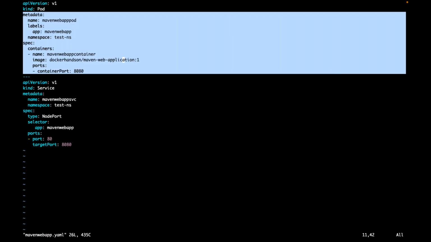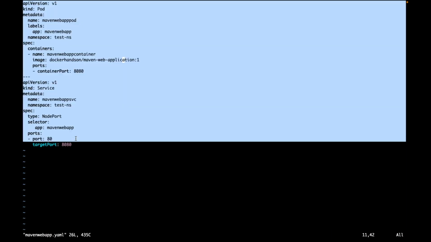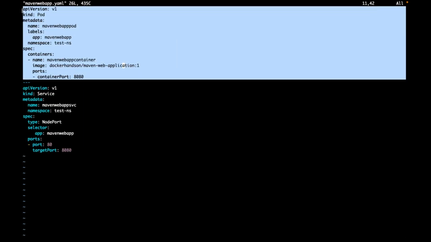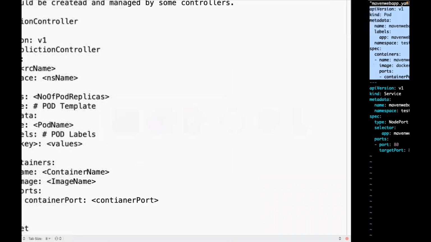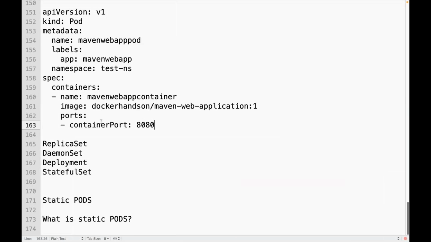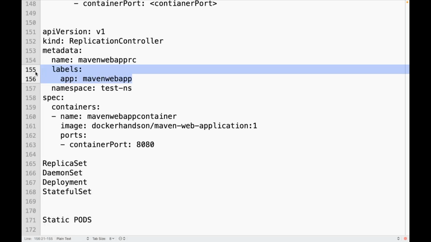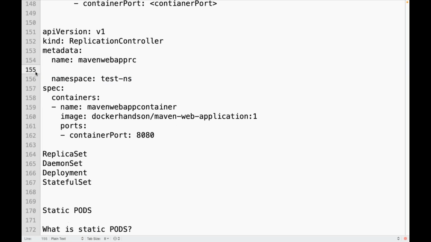Now, I deleted that pod. Instead of pod, can I create a replication controller to create and manage those pods? Instead of pod, can I say replication controller? Now, this is your RC name. Can I give some name like this? These labels are for the RC. It is not mandatory.